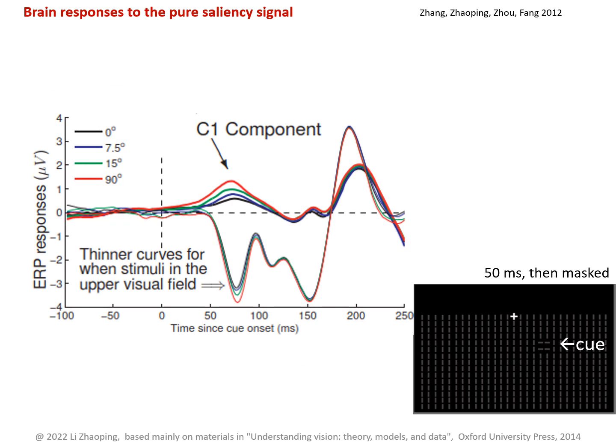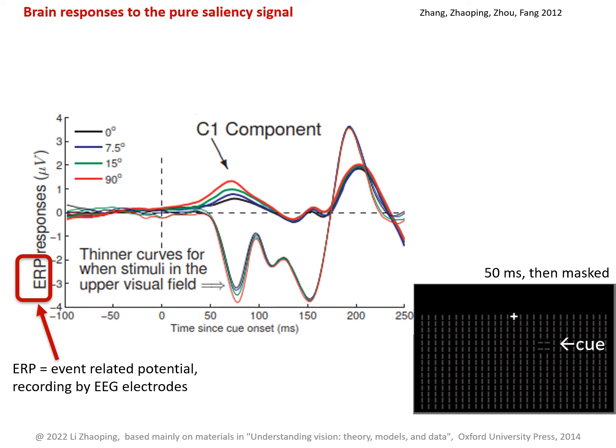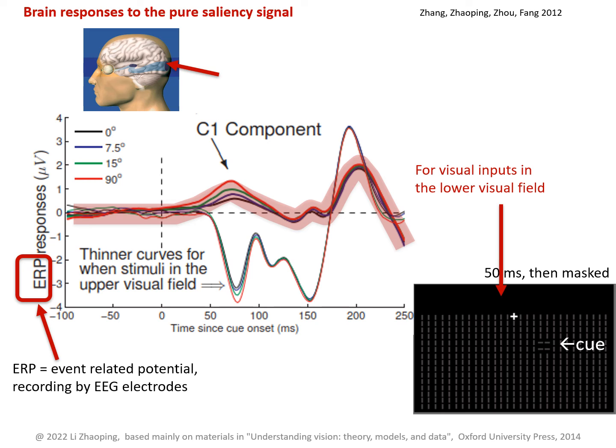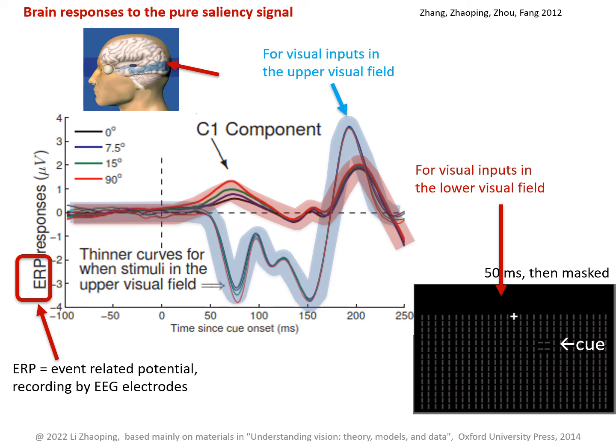These are the event-related potentials from EEG electrodes to the back of the brain close to V1. The horizontal axis is time since the onset of the cue. Now let's first look at these thicker traces of response signals. They are for when the visual input bars are in the lower visual field, like this one. And the responses in these thinner traces are those when the input bars are in the upper visual field, like